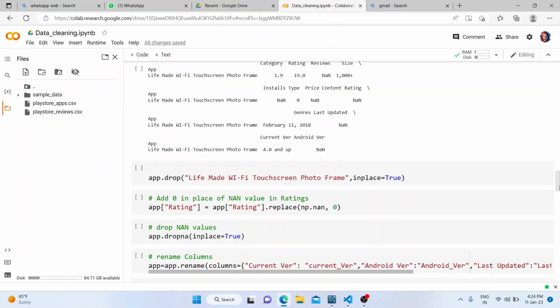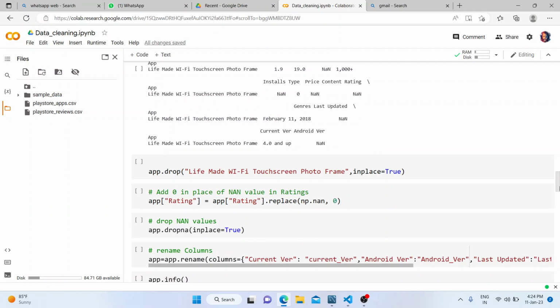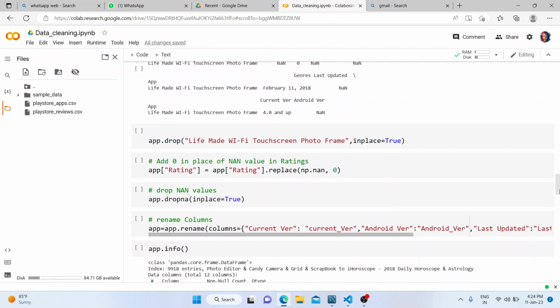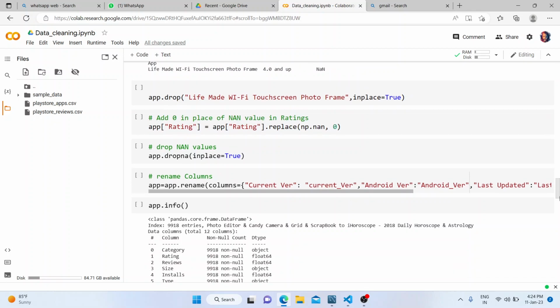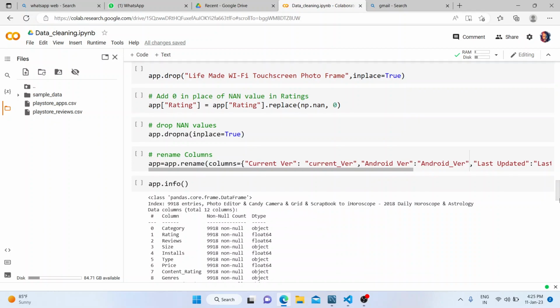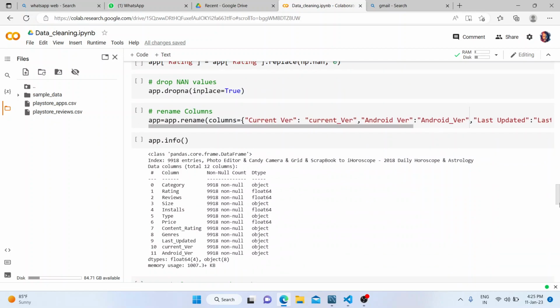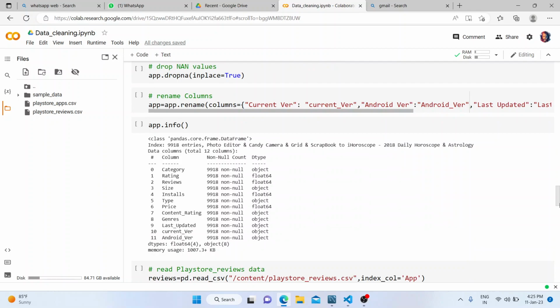Then in the rating column, I have placed 0 in place of NaN values, and all the other NaN values I dropped. Then I renamed the columns, and this is my final clean app data set.